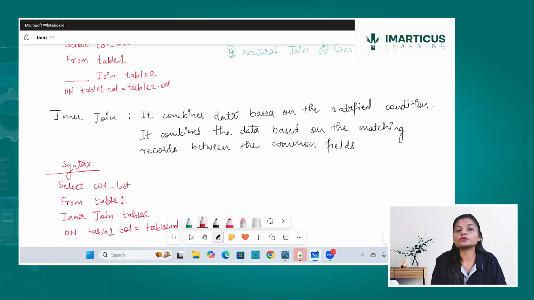So this is how the syntax for the inner join is going to work, and it is only going to take the matching records from the common column which I have selected from table 1 and from table 2. That is my satisfactory condition over here. If I show you with an example, imagine that I have a table